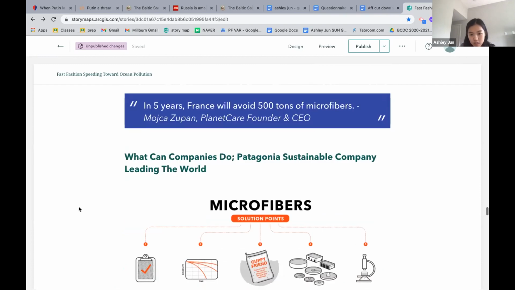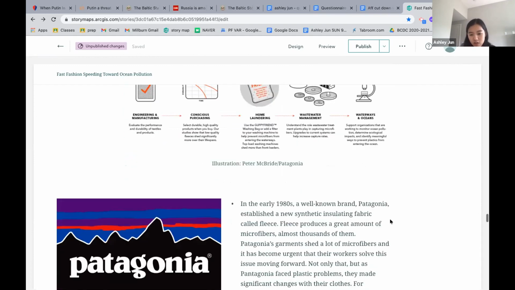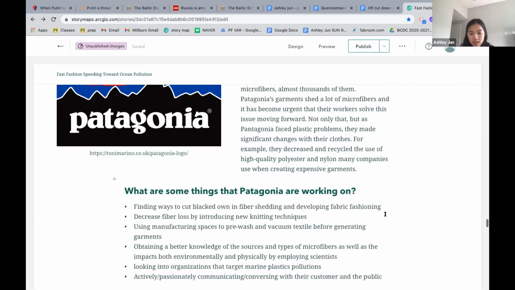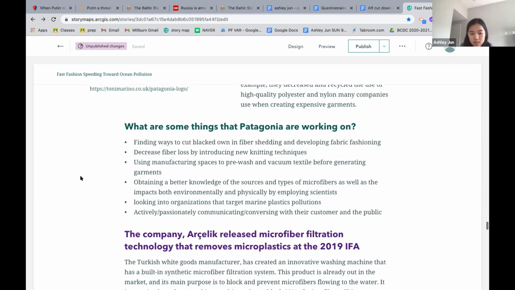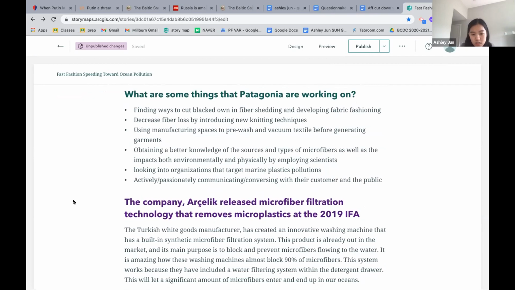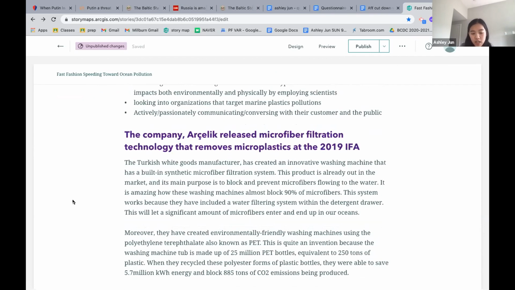And what can companies do? As many people know, Patagonia is a sustainable company. Here's a little bit of their history about what they're doing. And the next part is what Patagonia is working on, so their goals for the past many years. And I go into another company named Arcelik, which is pretty interesting because they actually created a laundry machine